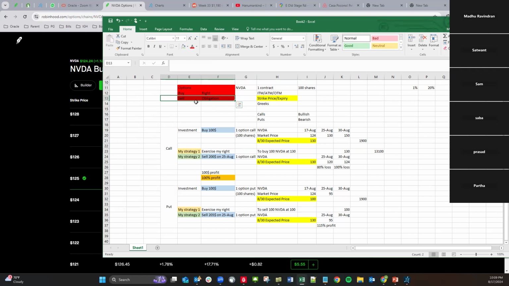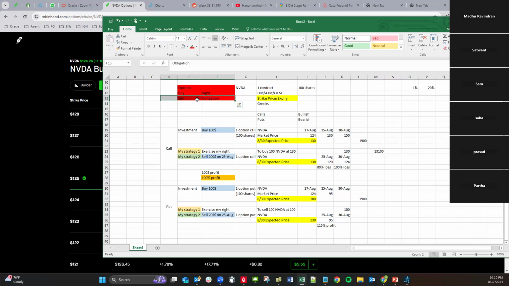But there are other accounts where you can use margin and do it, or some accounts which still allow it even if you don't have margin. It will allow you to sell even though you don't have the capital, which are naked calls and all. Essentially that means they're not covered with the funds, but still you can do it. So it varies depending on which trading account you're using. But in general, this is